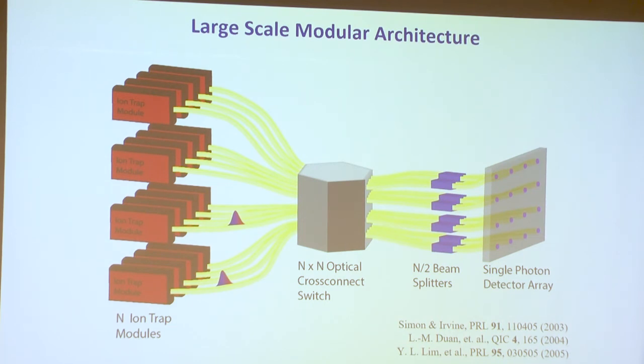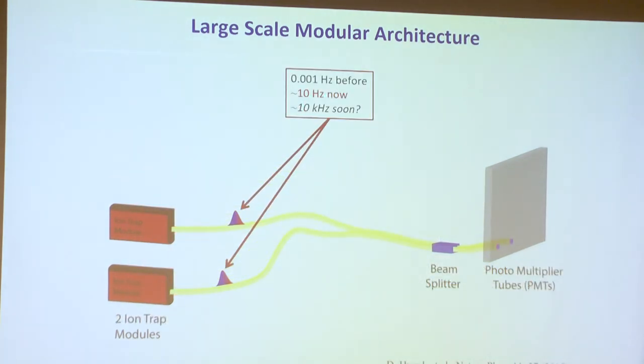But the important point is that actually we're at 10 hertz now, but only 5 or 8 years ago we were at 1 millihertz. Click every 10 minutes. That was painful. So now we can take data at least, but we need a few more orders of magnitude, maybe by using integrated optics.